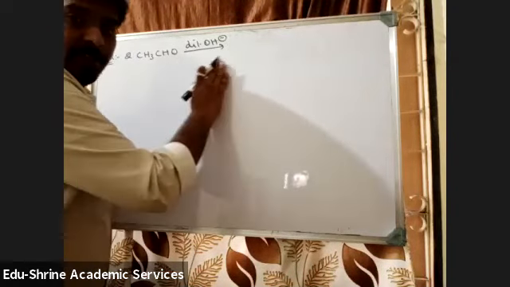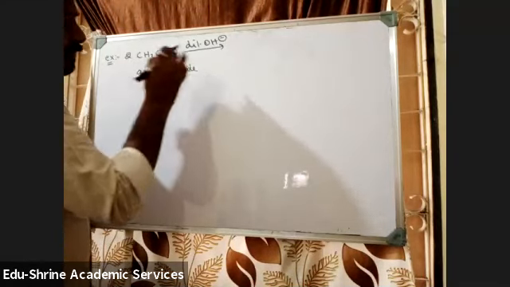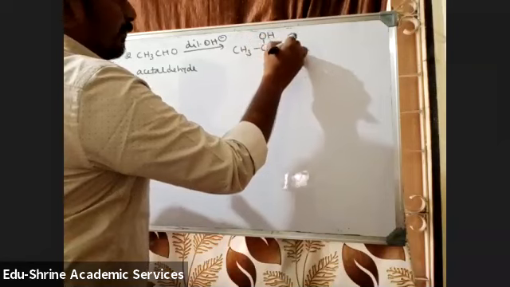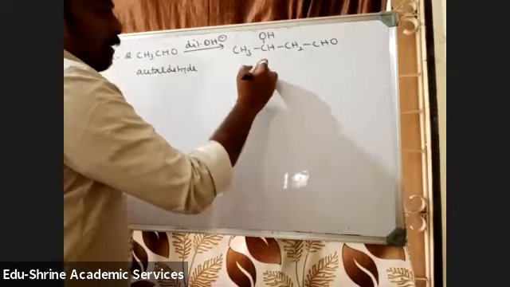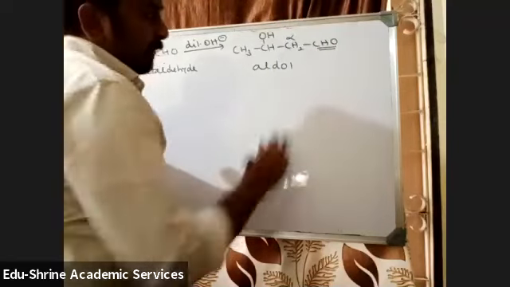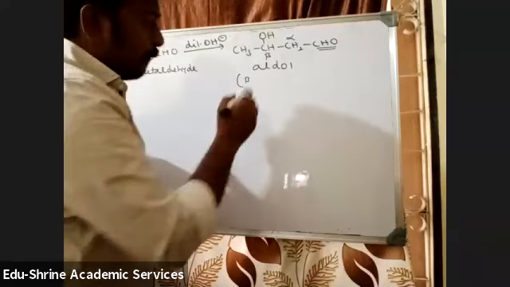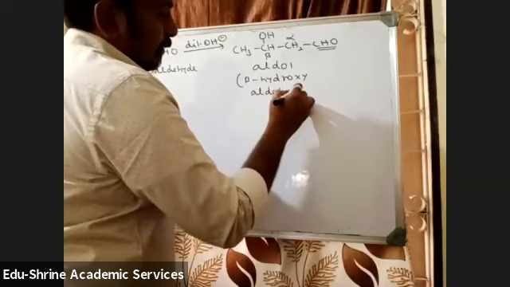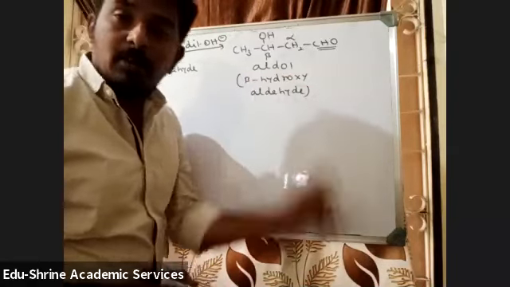So first what happens? You must get an aldol. This is acetaldehyde. The aldol you will get here is CH3, CHOH, CH2, CHO. I'll tell you how to write the product. So this is aldol. You can see this is alpha carbon, this is the priority functional group, alpha and this is beta. So this is aldol because at beta position there is hydroxy group. So beta hydroxy aldehyde, commonly called as aldol.